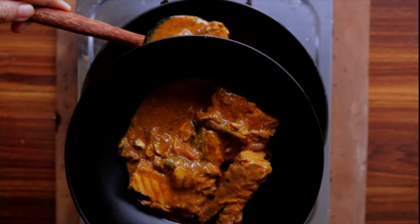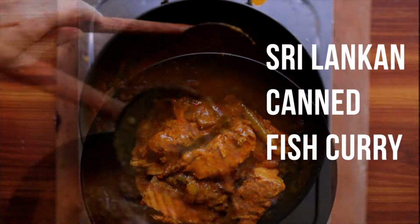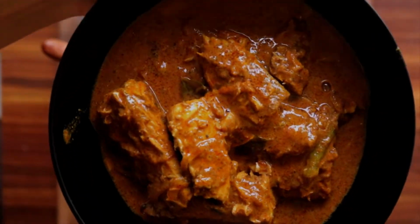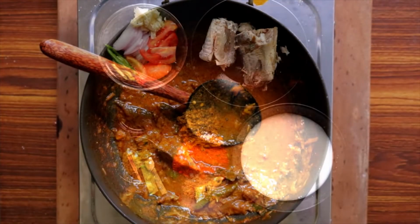For today's recipe, let's make a Sri Lankan canned fish curry, also known as jack mackerel curry. To make this fish curry, you will need the following ingredients: